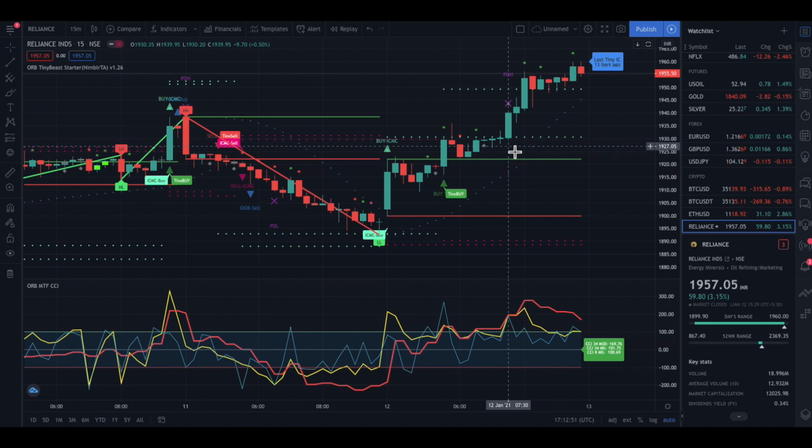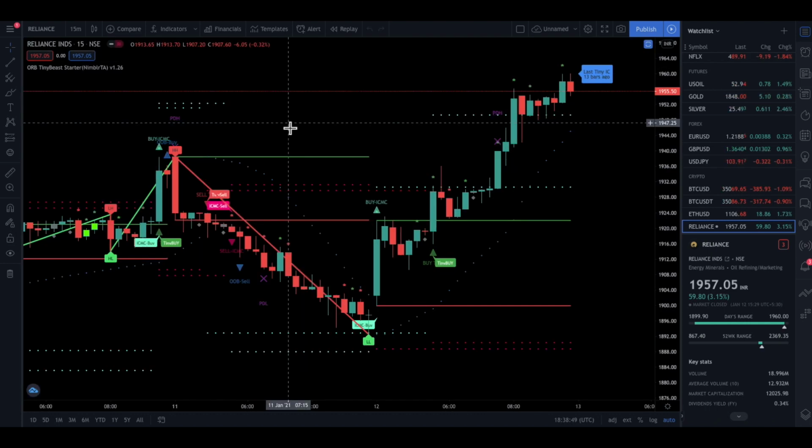Then another thing which I have introduced here is the possibility of adding trades. Sometimes you will see that a particular buy has got triggered, and then that buy keeps on maintaining, and there is no second buy triggered because the first buy is already intact. But in many cases, you must have missed this particular buy because you're not in front of your computer, or you didn't take this trade because you're in two minds.